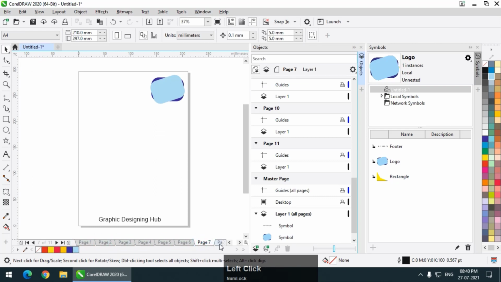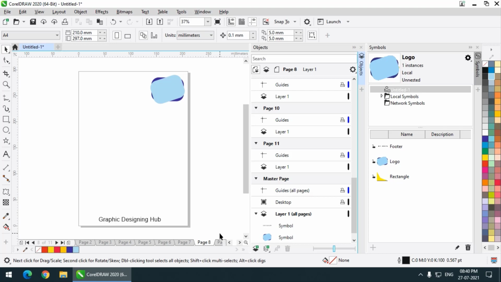As easy as that, the text on every page has been changed because we have used a symbol. So instead of using a shape, you can simply use a symbol to help yourself, minimize your time for designing and minimize your hard work.